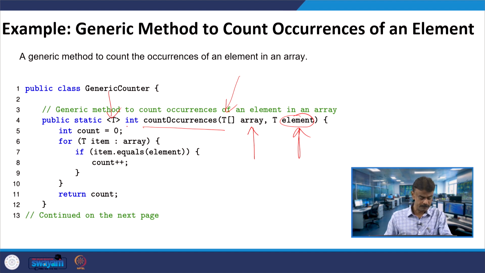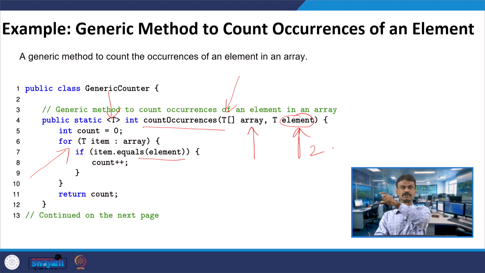Now, count is 0. You can write it whatever way you want; this is one of the ways. I am using this for loop, T item, that means the item and the array are of the same type now, and then I call the method item.equals(element). So, if I call this function in an array, assume that I pass 2. It checks starting from array index 0 to n minus 1 whether each item is equal to 2. If it is true, count is incremented by 1; initially count is 0. And then you return count.